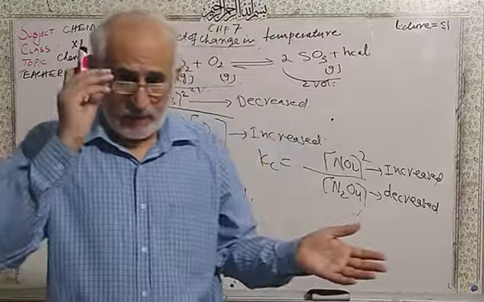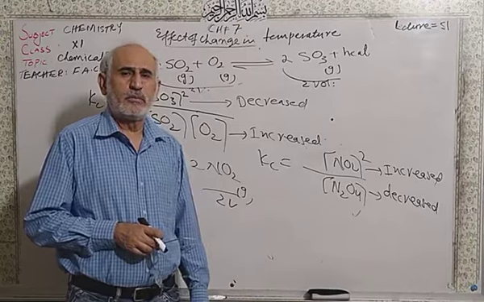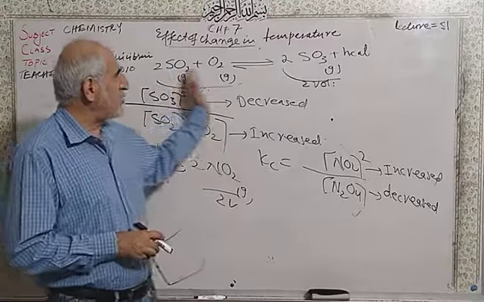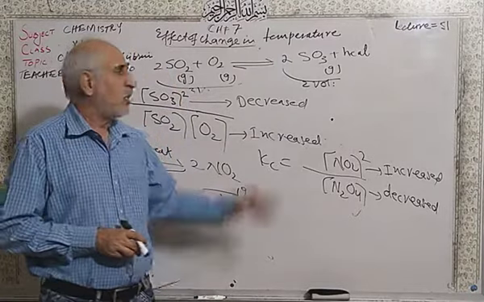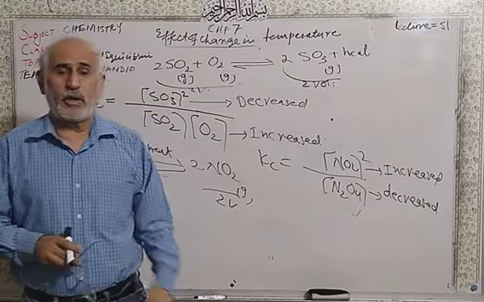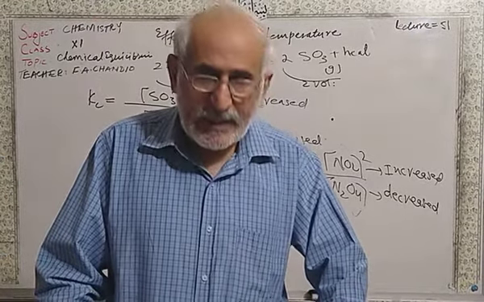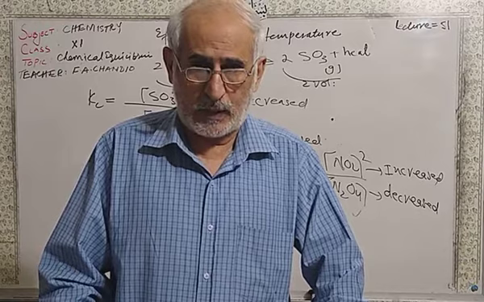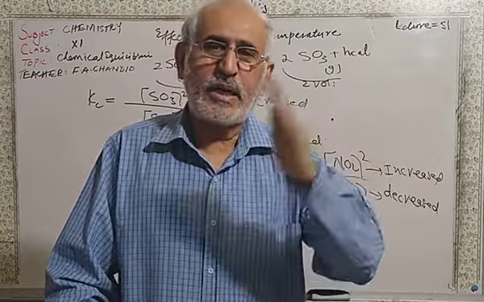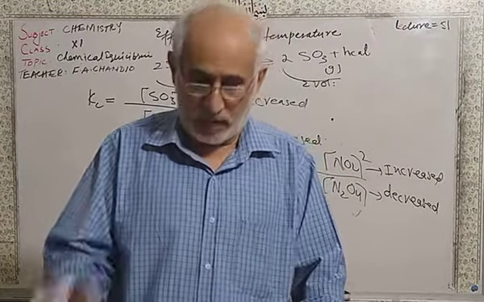When the value of Kc is very high, it must go towards the forward. You have done the magnitude of Kc. If the value of Kc is very high, the reaction must go in the forward direction. So at low temperature, the value of Kc is very high, it must go towards the forward. So when you are going to increase the temperature to about 1000 Kelvin, from 298 to 1000 Kelvin, the value of Kc decreases to only 2.8 into 10 raised to the power 2.